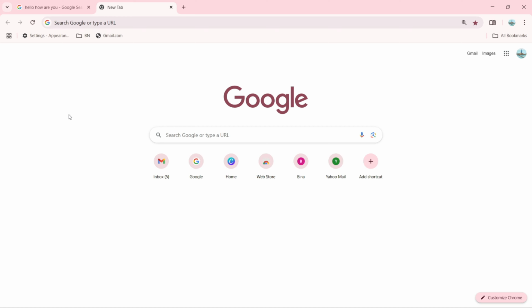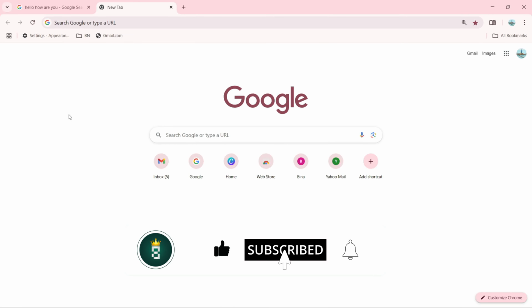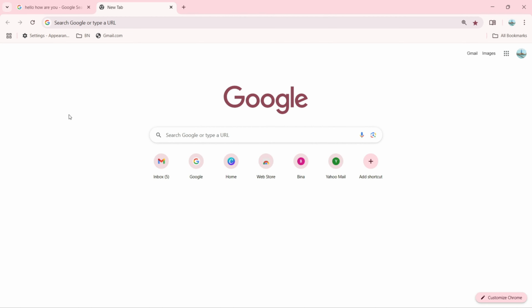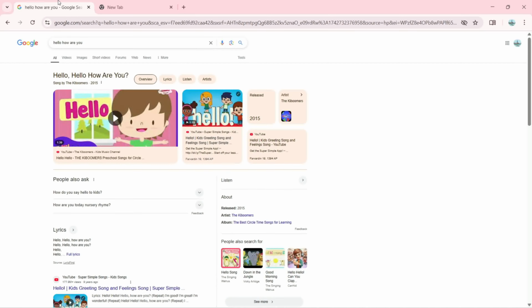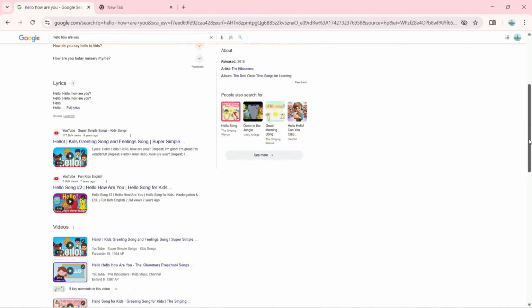In this video with Google Chrome browser, we are going to learn how to create a QR code for any page. To do that, first we need to search for any URL. If we want to create one for Google, here we have all the search results and I want to create